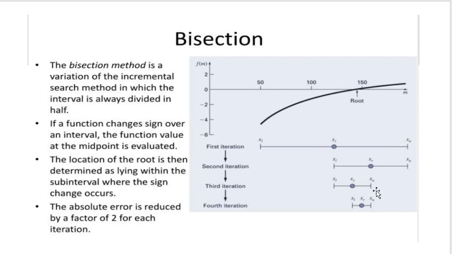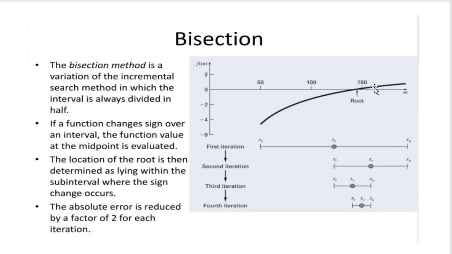Again, we follow the same bisection method. We have to find the midpoint of the range of the search. So again we do the same calculation. It will be the new value of xr, that is, xr at the second iteration will be equal to (xl plus xu) upon 2. So I get the xr value here in the second iteration. Now from the graph, if you see at this value of xr, if I go vertically up, I can see that the function value is now positive.